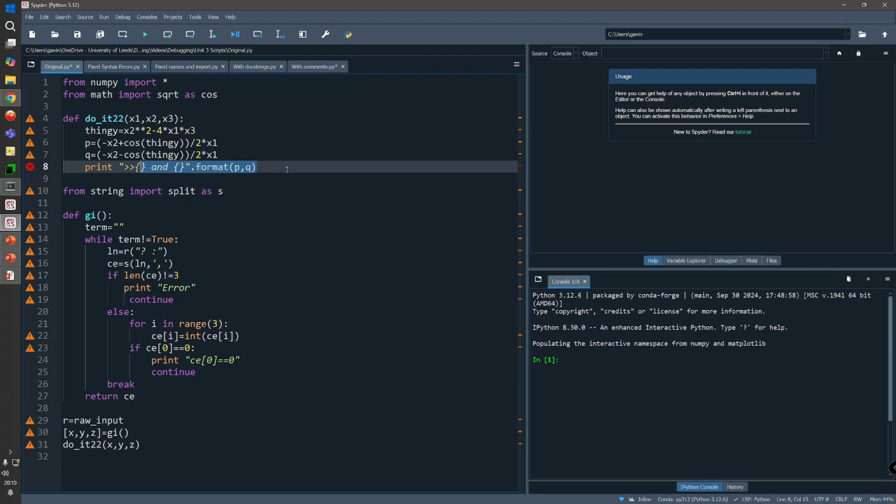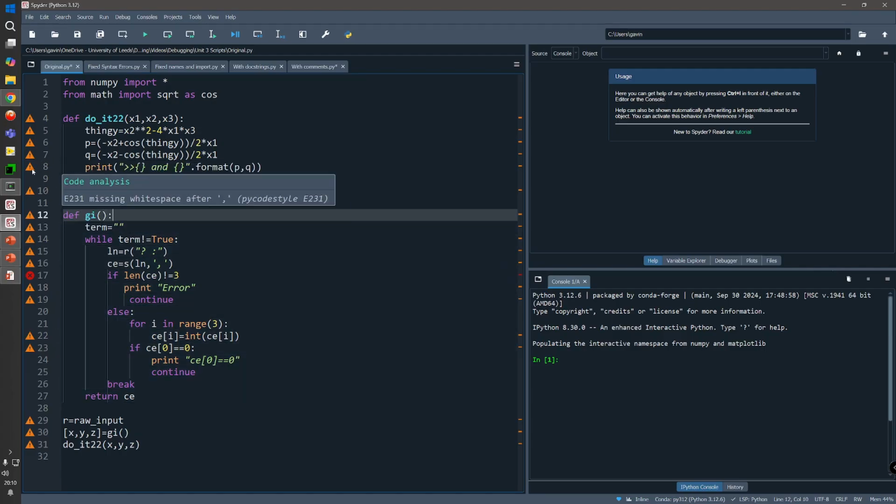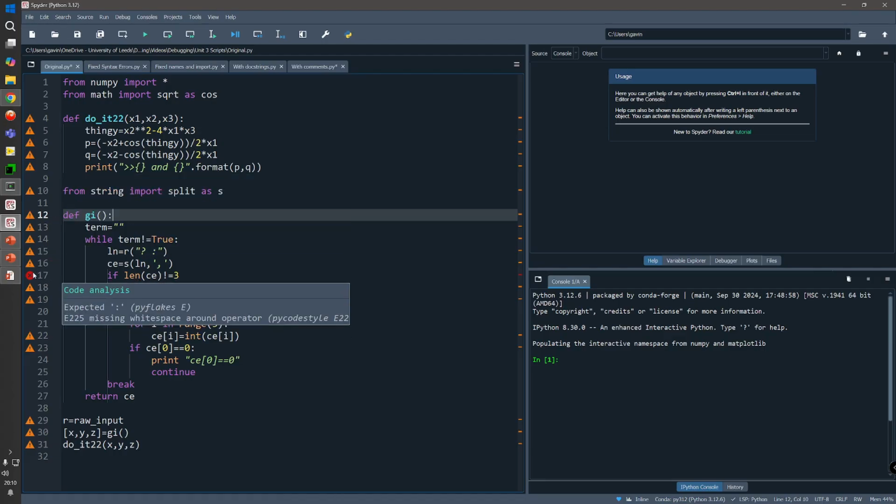So what I'll do is highlight the thing that needs to be printed, and then, as a nice shortcut, and most IDEs do this, I can just press the open bracket and it automatically adds a closing bracket after it for me. I can just lose the space. Now you see it's removed the red cross, and it says, okay, we've got a